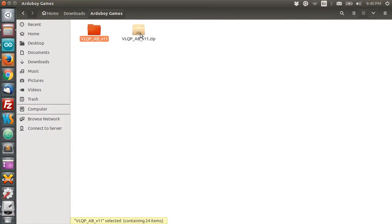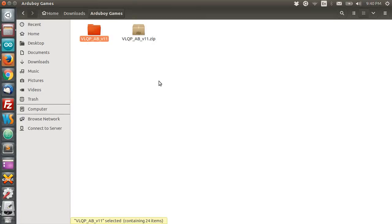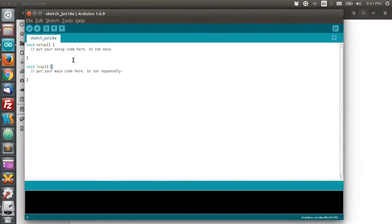then when you unzip it, you'll end up with a folder for the game, and that is what you can copy and drop into your sketchbook. And what I've done, I've renamed the folder there, but it actually had the number 11 on the folder there because it was revision 11. But once you drop it into the sketchbook folder, then it's available for you to load in the IDE, and then upload it to the Artaboy. But we'll get back